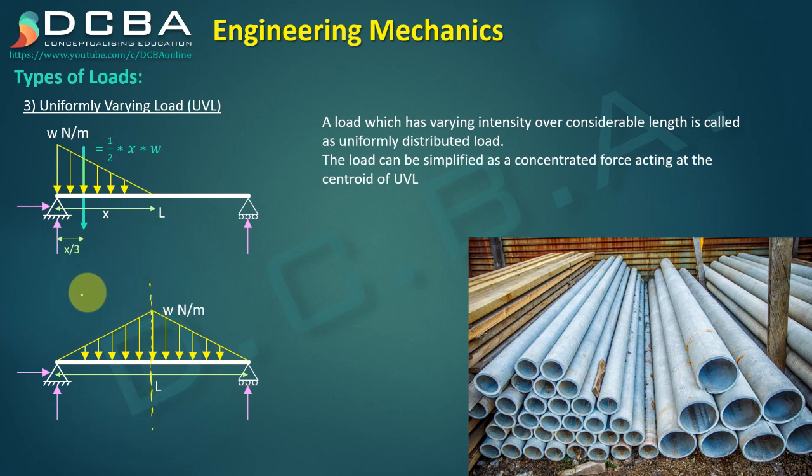If I draw a line like this, then the left hand side of that structure should be equal to the right hand side. Means both should be equal to each other. Only such a structure we call a symmetric structure. So for a symmetrical loading or for any kind of symmetrical structure, the centroid will always lie on its axis of symmetry. So for this kind of loading,